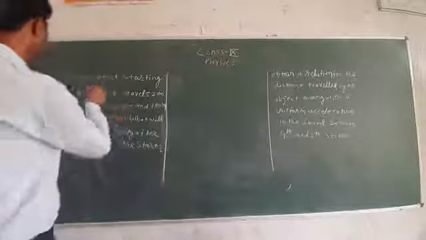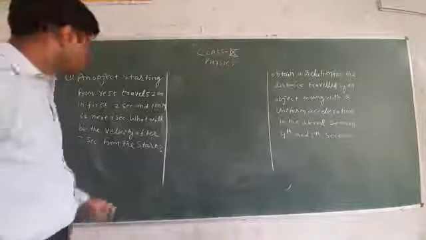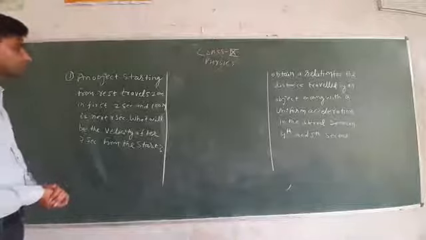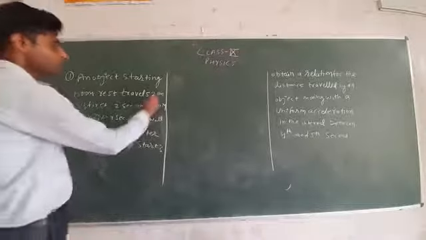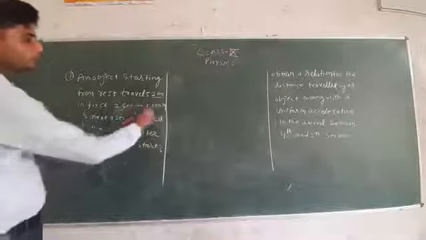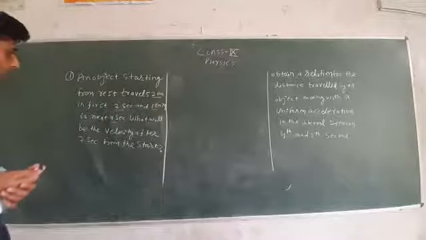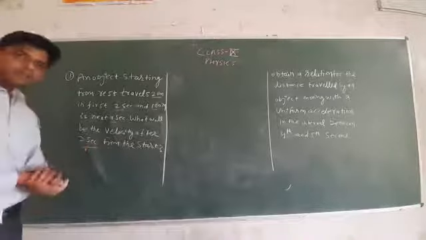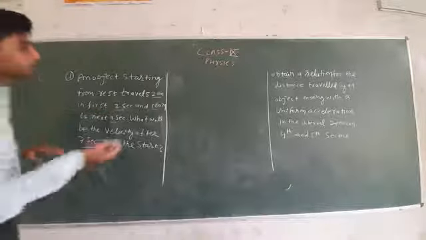So, this is your first numerical. We have to discuss this. An object starts from rest, travels 20 meter in first 2 seconds and 160 meter in next 4 seconds. So what will be the velocity after 7 seconds? As you can see in this question, the given values